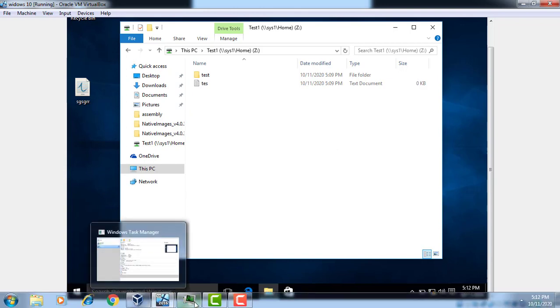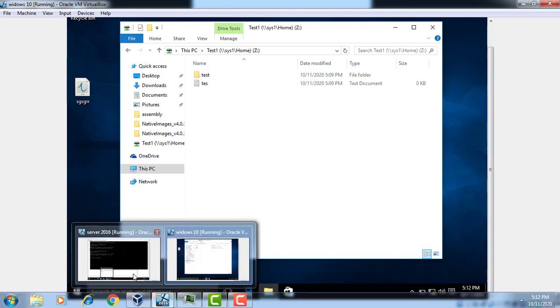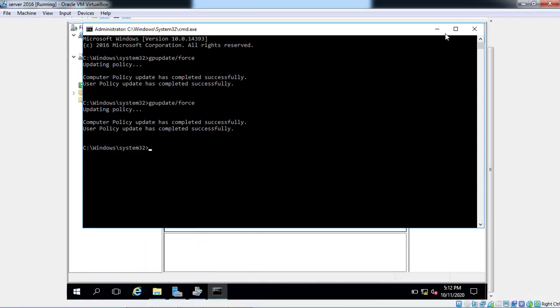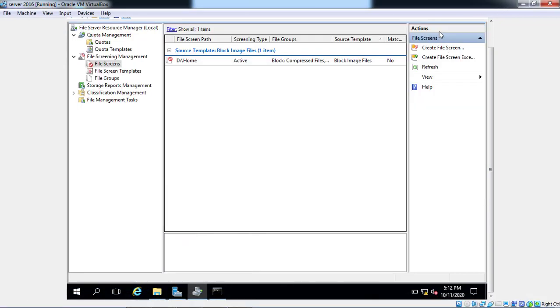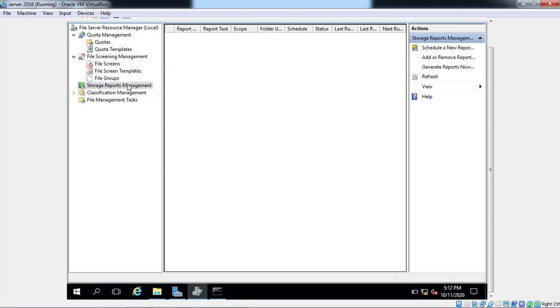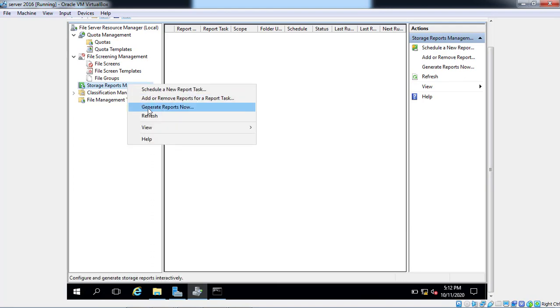Now we are performing our second practical. Whatever we have done, like the file screening and quota practicals, all the activity we have performed, you can see in reports by using Storage Reports Management. Click on generate reports now.